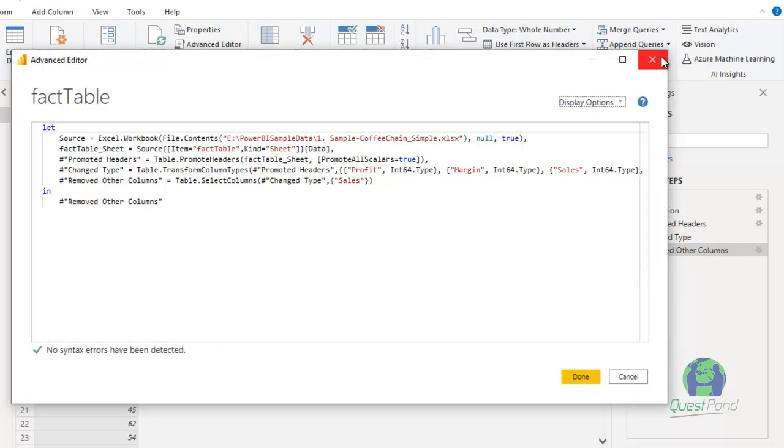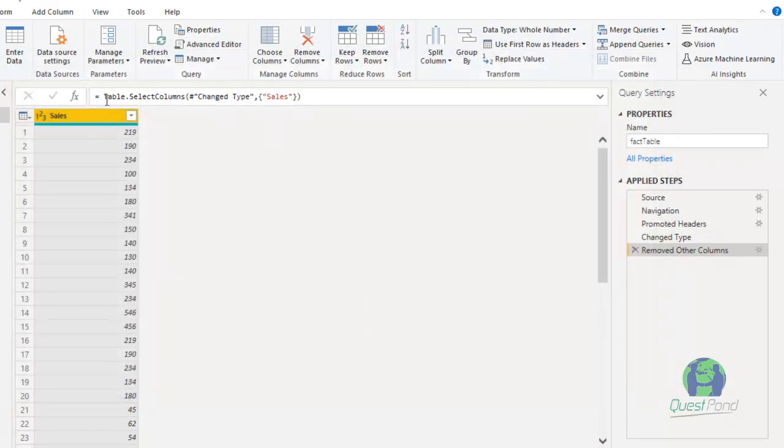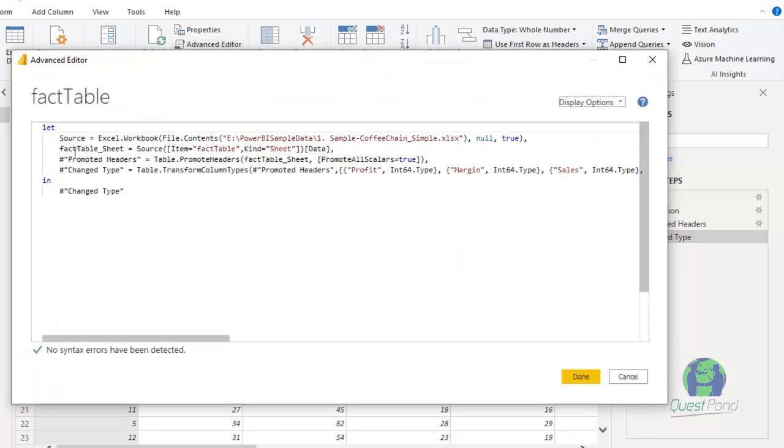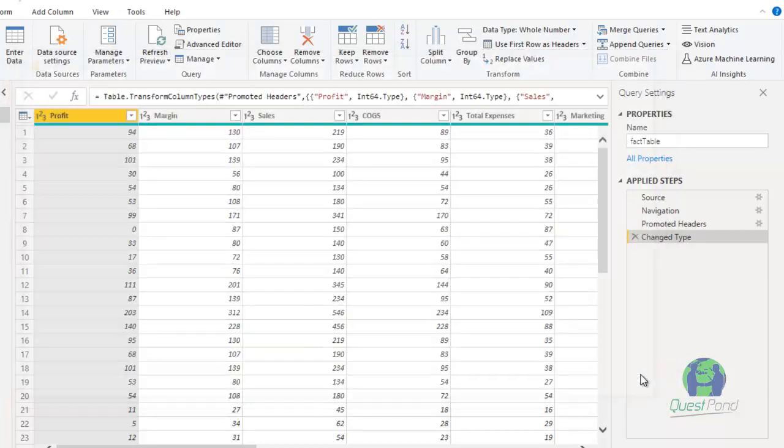Okay, and really if I want to delete those steps, I can just click on here, and automatically that step has been deleted. And when you go to this advanced editor, you can see that that step has been automatically deleted from the advanced editor zone. So basically M codes are very helpful to clean the data, to remove the erroneous data, to